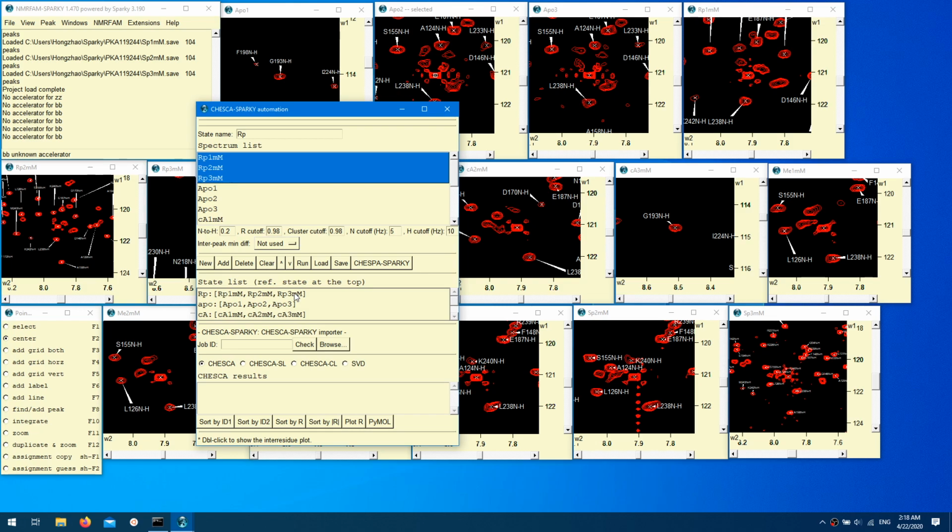Several parameters need to be set before you start the analysis. First is the N-dimension correction factor. As we mentioned for CHESPA, N15 has a lower gyromagnetic ratio, which leads to a larger chemical shift than the H dimension. I recommend 0.2 for this factor. Then is the